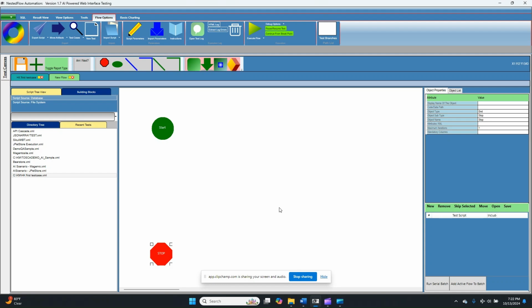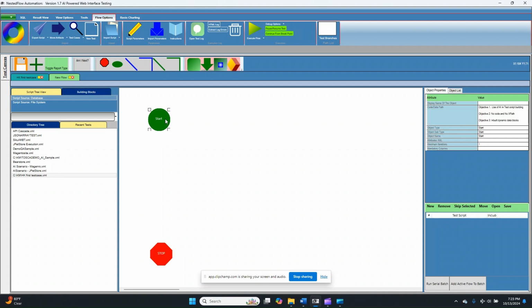In this session, we will be opening a demo site and we will be buying a large angelfish. Let's start and record our script using Nestedflow automation tool. I have already dragged the start and the stop blocks. For this session, our objectives are